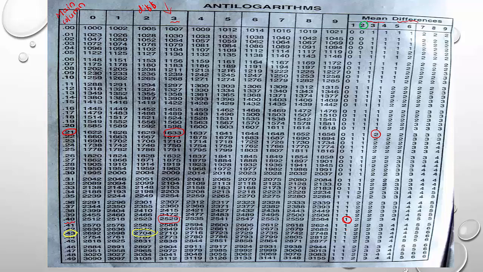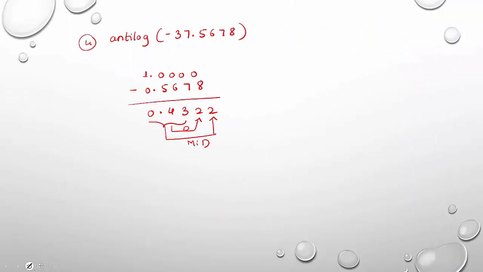0.43 at 2 in the mean difference we got the number 1. 2704 plus 1, what is the answer? So we got 2705. Now tell me how we are going to write the final answer. 2.705 into 10 raised to minus 38. Is it clear? So in this way we can easily find the log and antilog of positive and negative values